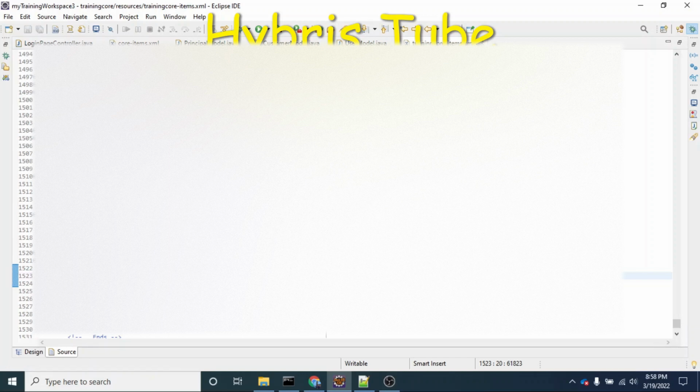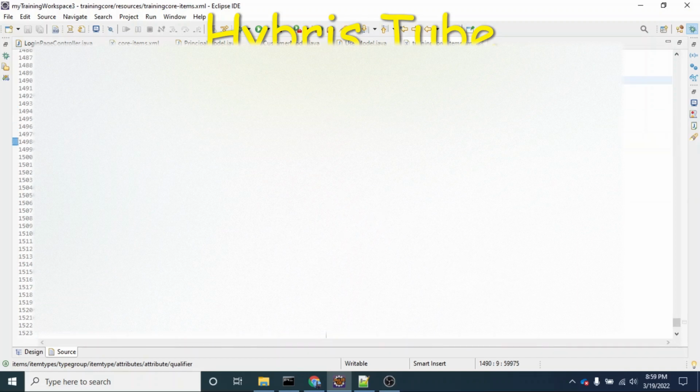So this is a very simple example. Key attribute is equal to code I have declared. So what it means? This is the code, right? So this is the qualifier. Whatever the qualifier value is, that we declare over here. So it means I have indexed the code attribute. So tomorrow, in case anyone fires the query,